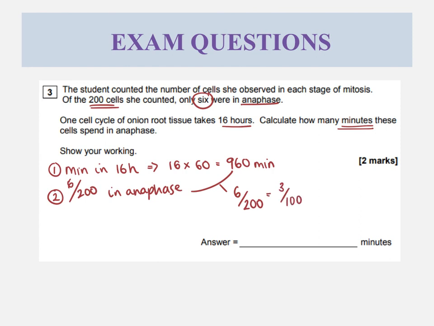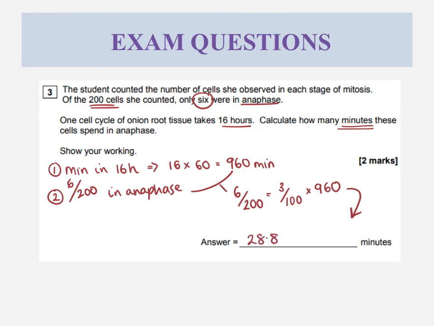So 3% of the 960 minutes will be the amount of time it takes for anaphase to happen. If we put that in a calculator, you can do 3 divided by 100 times 960, or 6 over 200 times 960. I'm just going to type in 0.03 times 960, and that gives me a value of